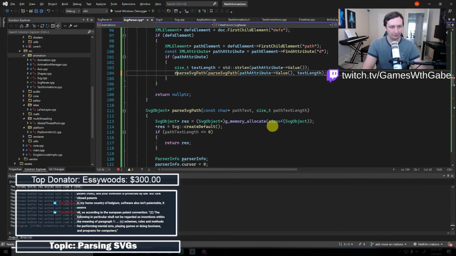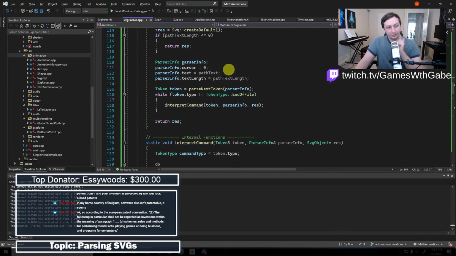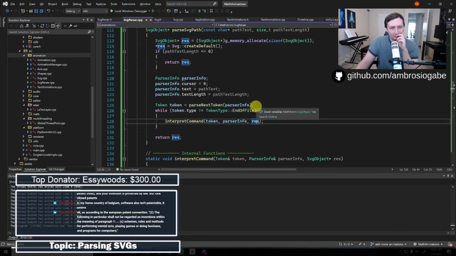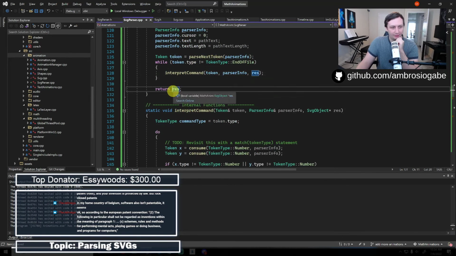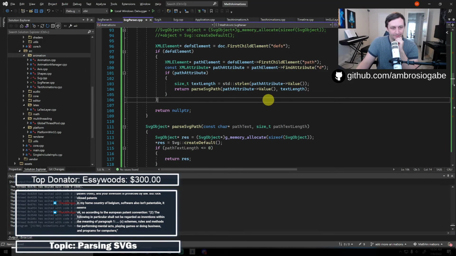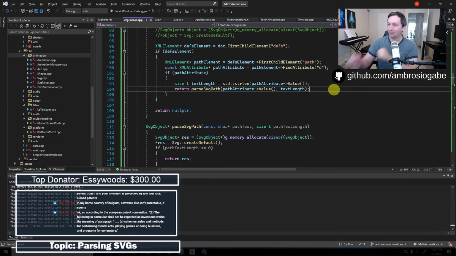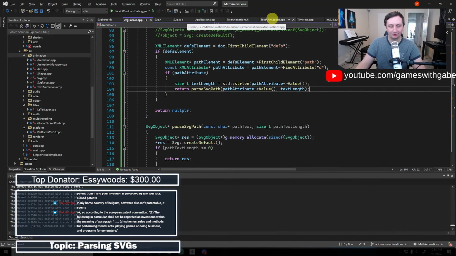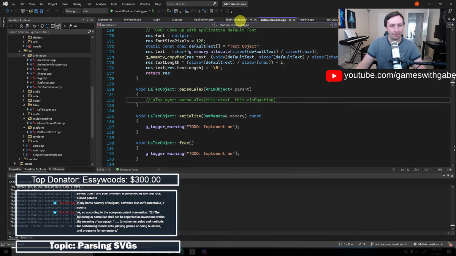And we'll return this. Cool. Don't want to do that twice. Okay, and then that will basically go through, interpret the commands, create an object, and return it. So with all that done, we'll finally just try and parse one element and see if we can draw it, and if we can, I'll be pretty happy with that.